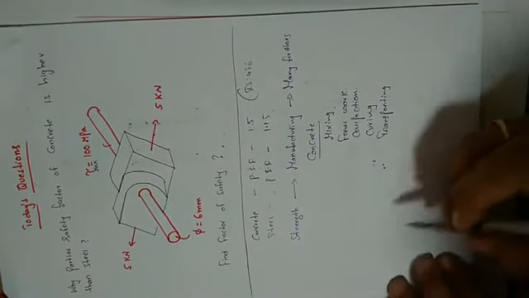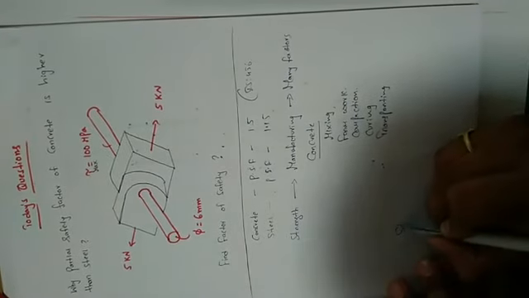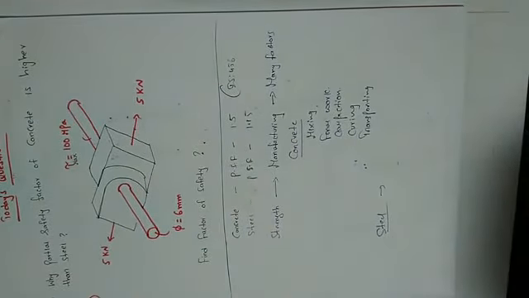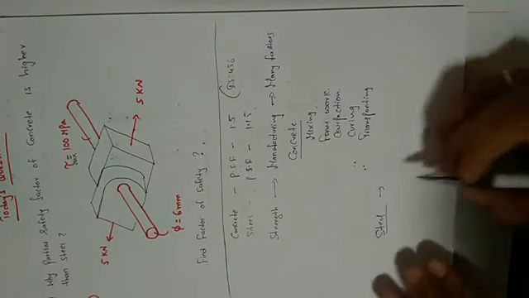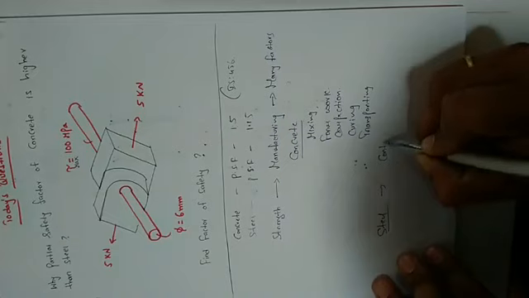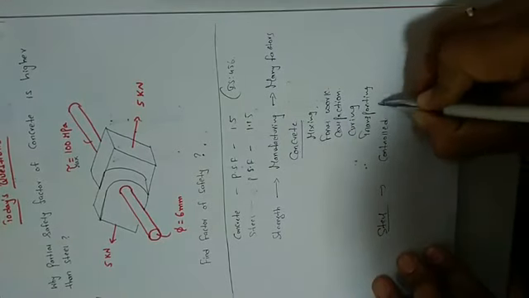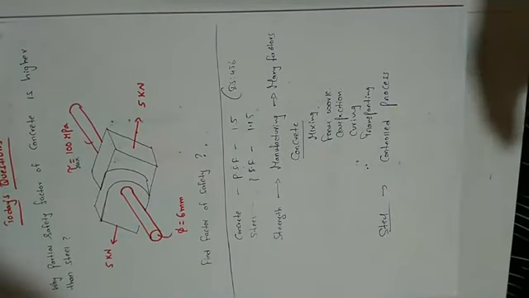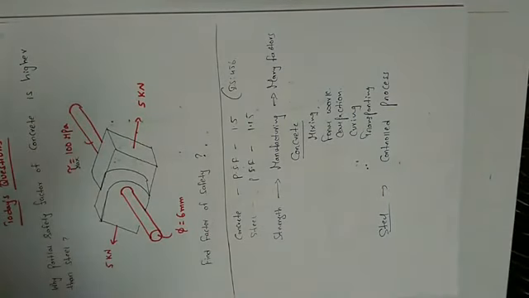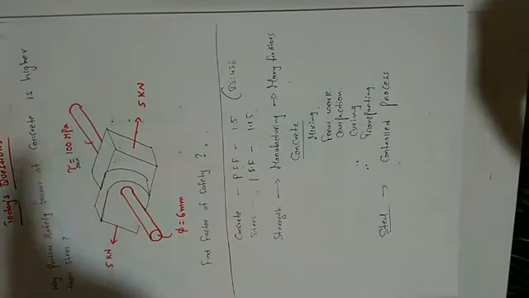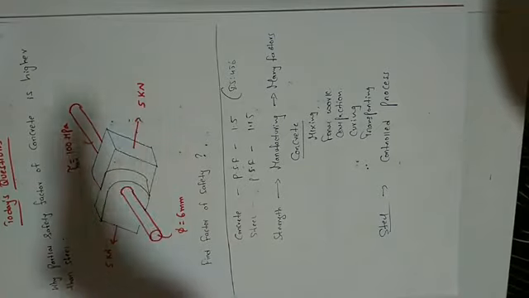So coming to steel, how is steel manufactured? Steel is always manufactured under a controlled condition, a controlled process. What do you mean by controlled process? It is a kind of batching where it starts from melting, refining, okay, and again casting and rolling. So this is a controlled process which we follow in the manufacturing of steel.